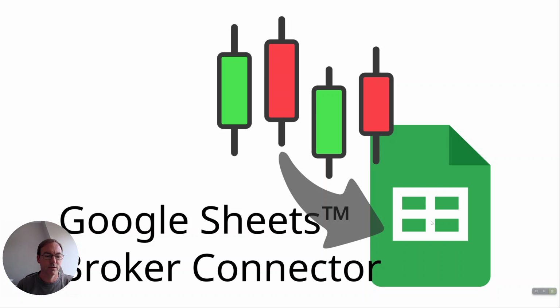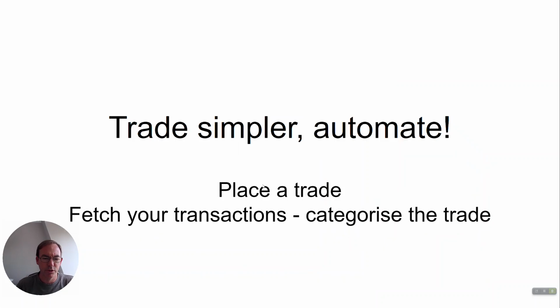Alright, good day. Today is another episode of the Google Sheets broker connector, and we will look at my daily routine where I'd like to trade simpler and automate most of my workflow. So the goal is really to place a trade and from there press a button and be done with the trade. So we'll see how we can go about it, place a trade, fetch transactions, and then categorize the trades